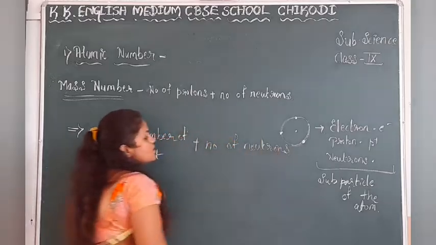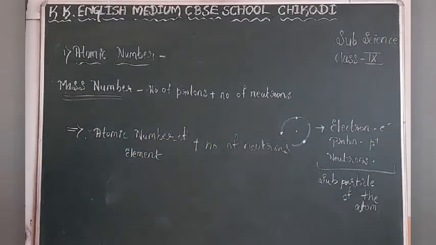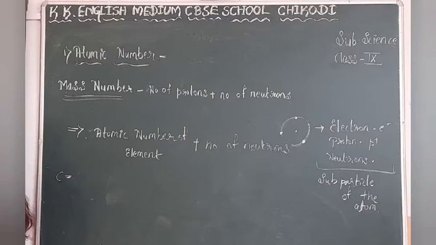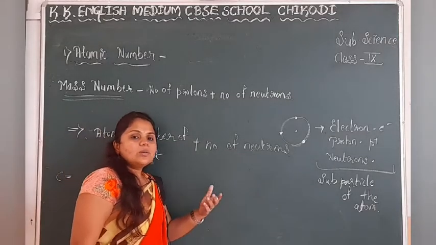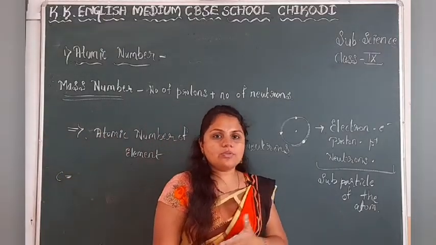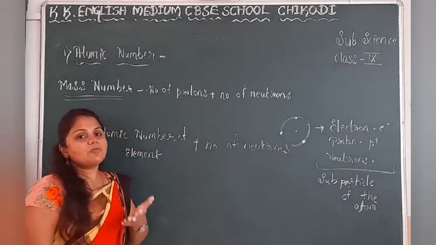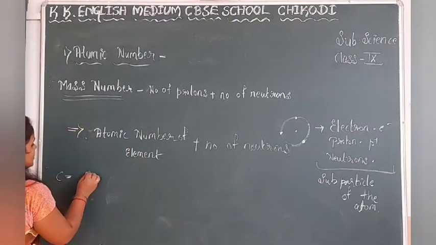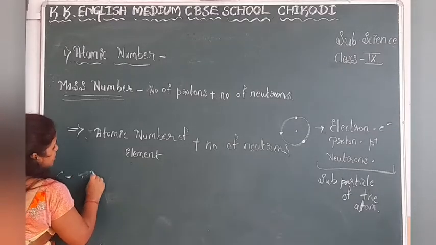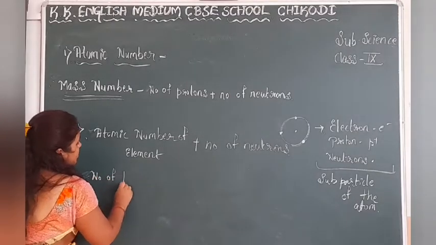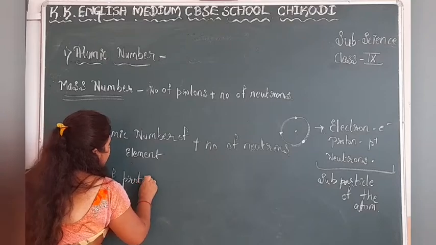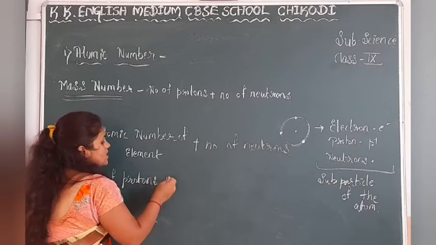Okay? So, if you take the example of carbon, what is the atomic number of carbon? It is 6. So, what is the number of protons? It is 6. Yes? So, number of protons plus number